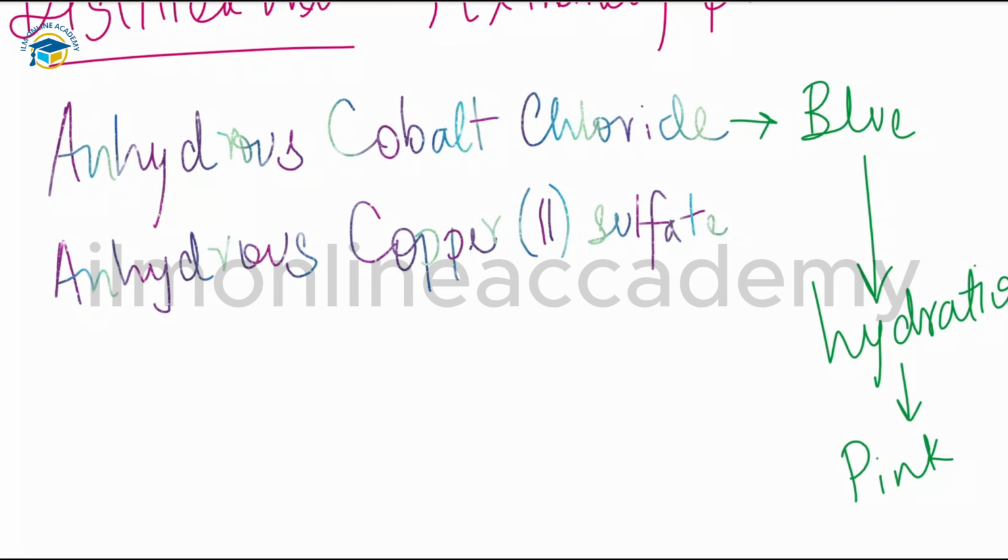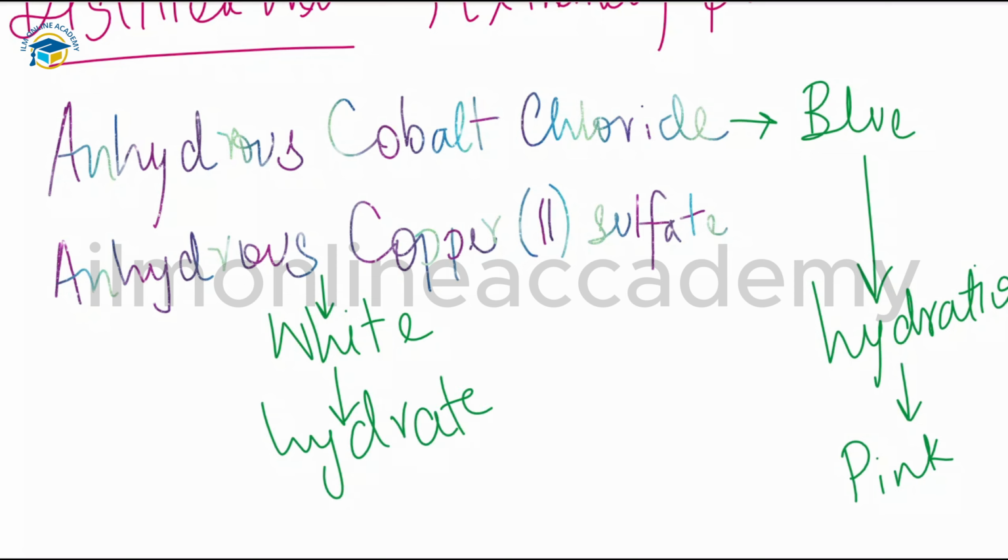And next, anhydrous copper sulfate can also be utilized for the presence of water. This anhydrous copper sulfate, which is normally white in color, when it is exposed to water or comes in contact with water, gets hydrated. It readily absorbs the water and forms a blue colored hydrated copper sulfate. So the change in color from white to blue indicates the presence of water in these compounds, and the equations for these are,